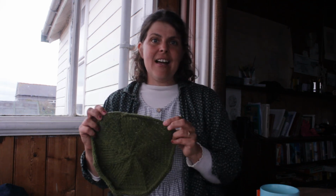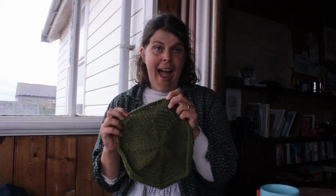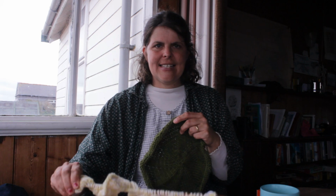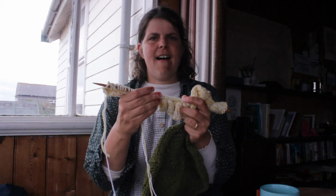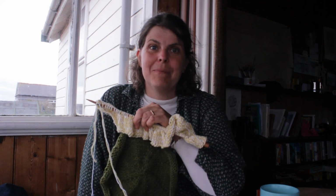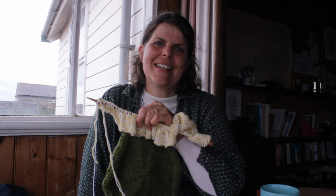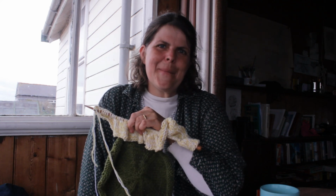And I cast this on this morning, and I've already finished half of the bag. I can't believe it. You might have spotted me knitting on this. This is the second half. Maybe I really dream I can finish this today,